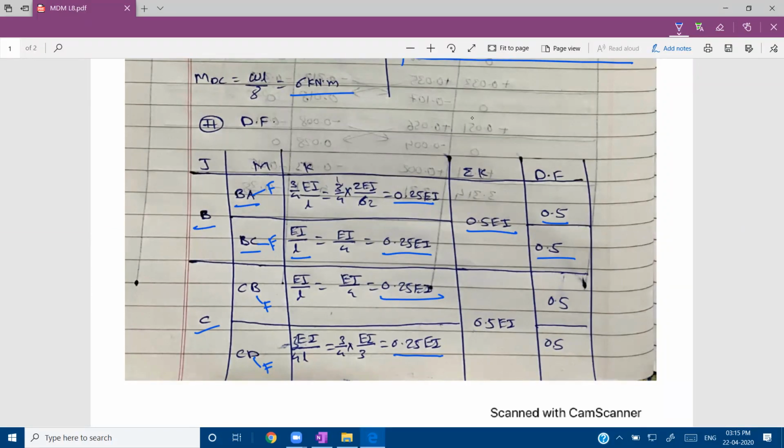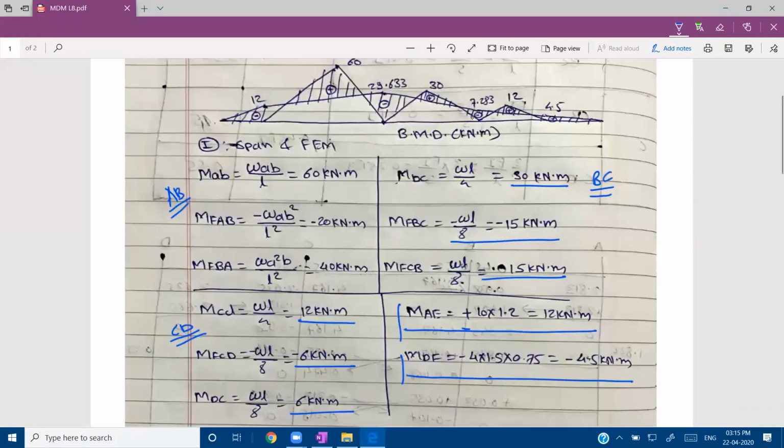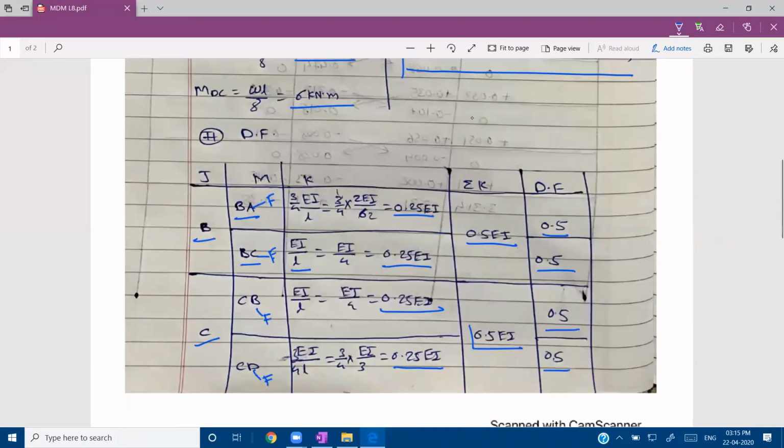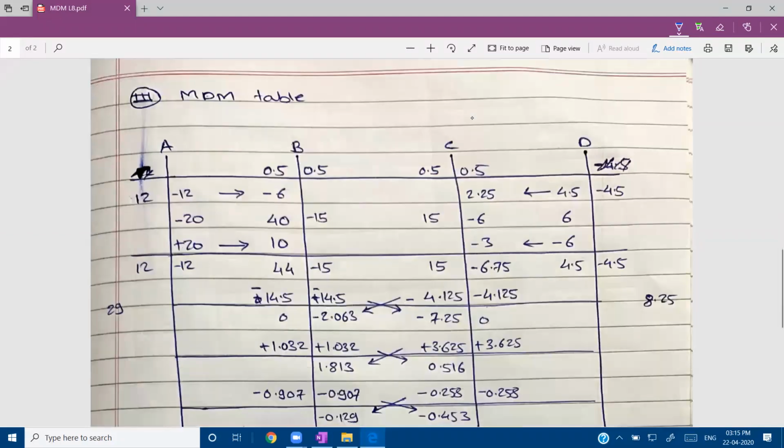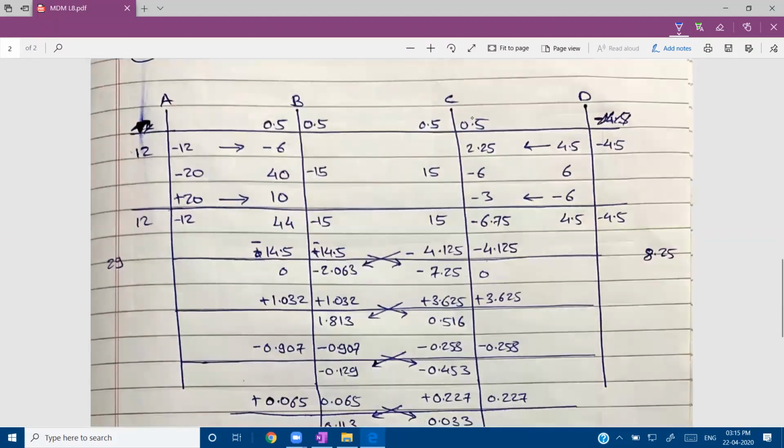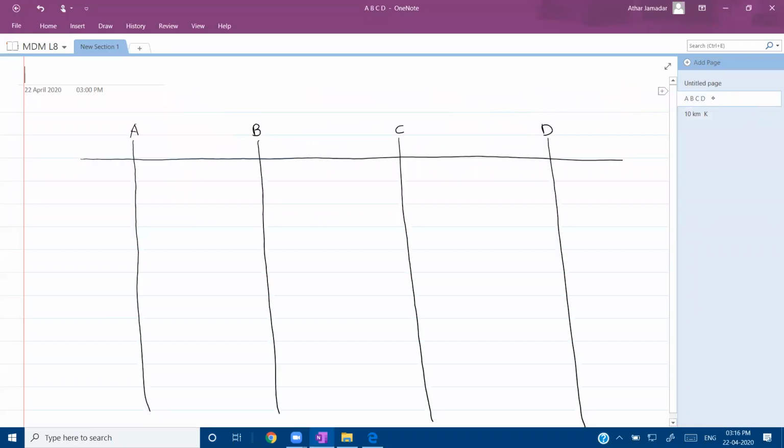Now if we take summation at joint C, it is going to be 0.25 plus 0.25, it is 0.5 EI, and DF is 0.25 divided by 0.5, it is 0.5, and similarly for CD case, it is also equal to 0.5. So this is all about calculation of span moment and fixed end moment. Now next part, this MDM table, we will actually see this MDM table. So for that,